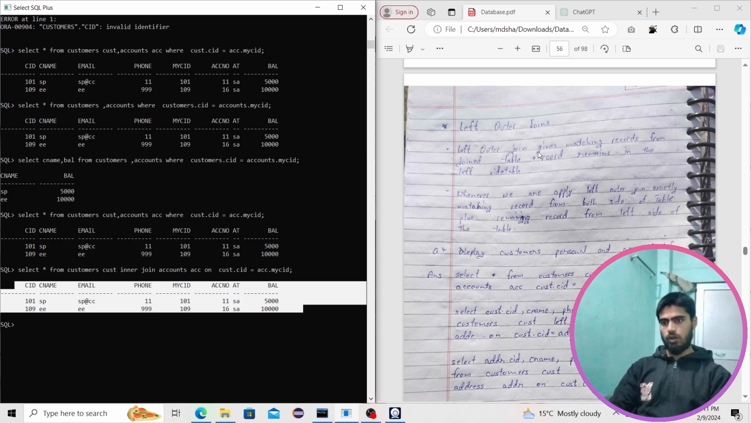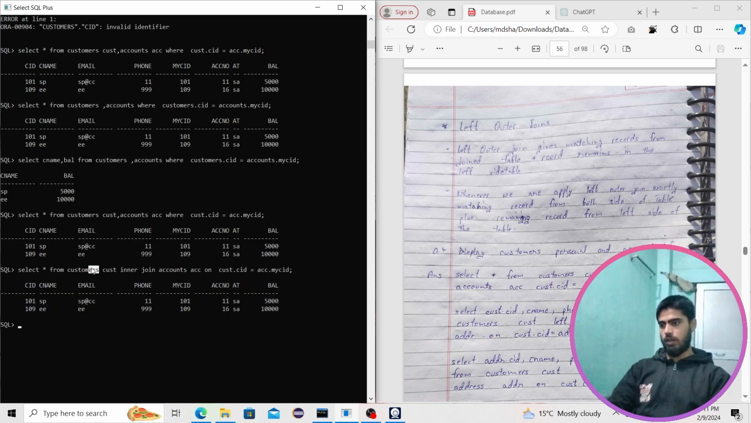But in the case of left outer join, exactly matching records are going to get extracted, plus we are also going to get the remaining records from the left side of the table. So this is the left side of the table. Let's do this. We are using the inner join. In the case of inner join, exactly matching records from both sides of the table are going to get extracted. But if we are using left outer join,